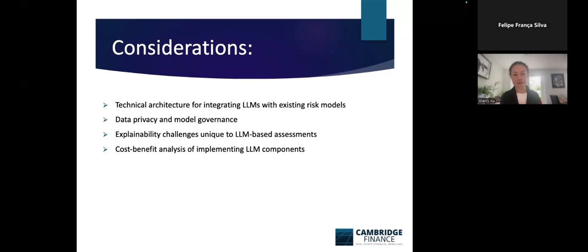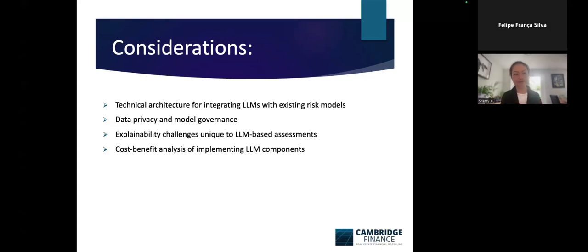And also, we need to be aware of the data privacy and the model governance to make sure that the data are safe. And also, we need to think about how to explain the production, or say the presentation, that AI produced,